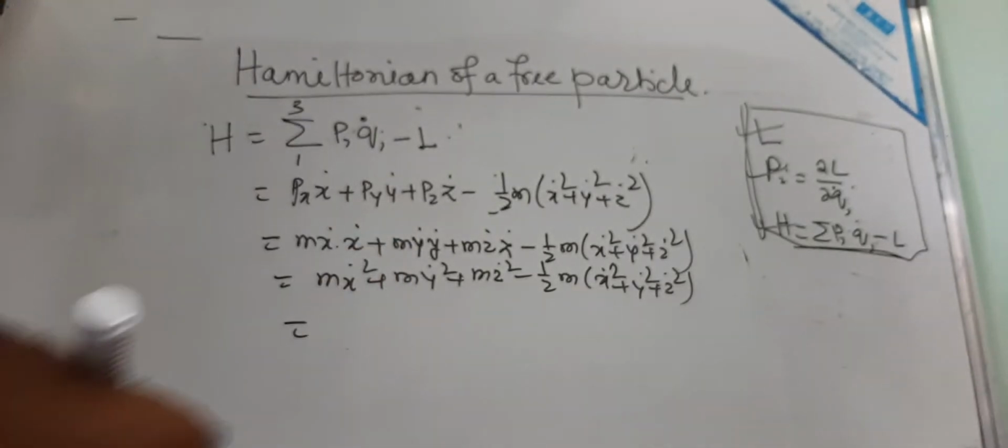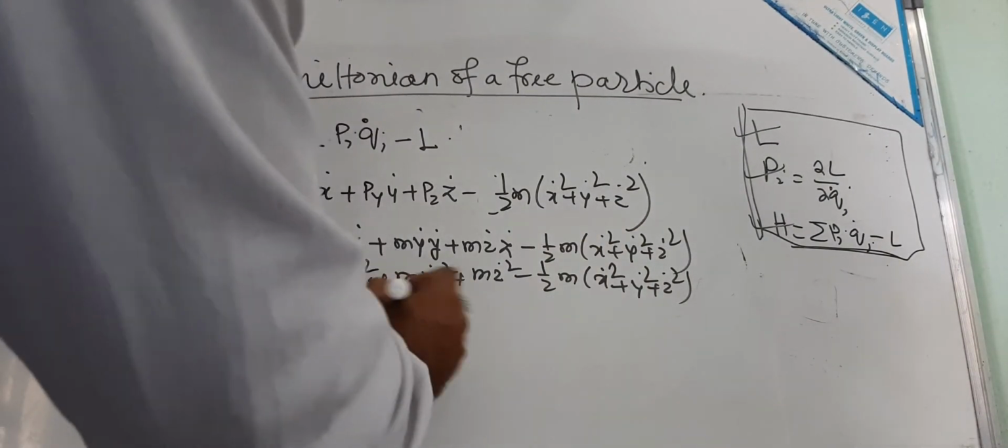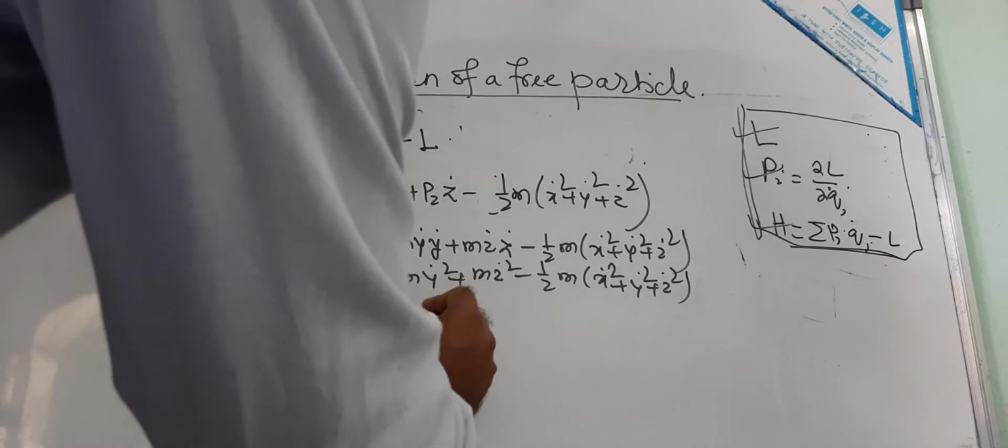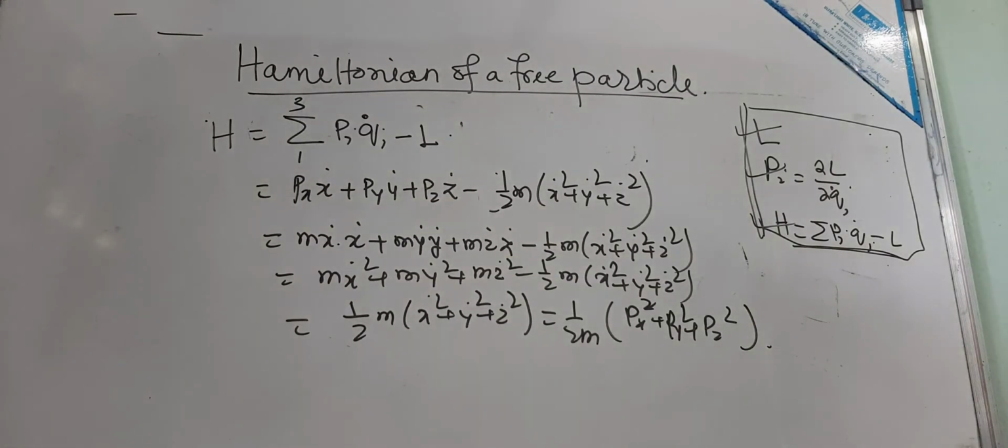If you subtract, it becomes 1 half m (x dot square plus y dot square plus z dot square). So that is equal to 1 by 2m (px square plus py square plus pz square). So that is the Hamiltonian